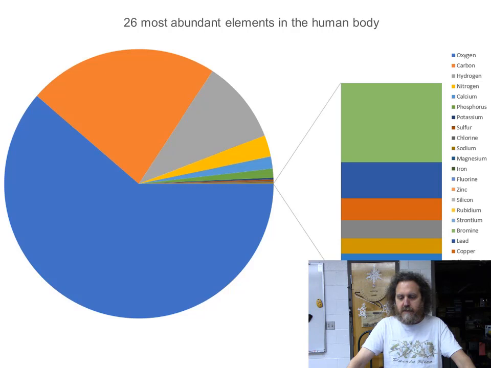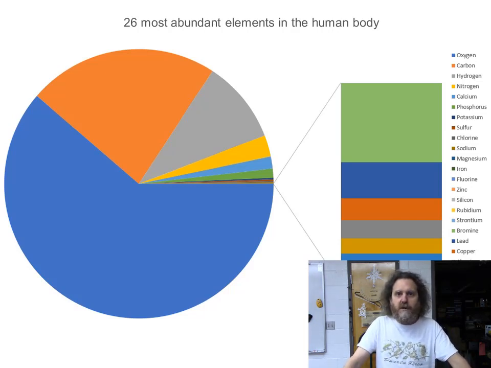So this box over to the right is expanding those very thin pieces of pie on there, so it blows it up so you can see relative amounts of those lesser abundant elements. But this is just the 26 most abundant elements in our physiology. There's a lot more than that because